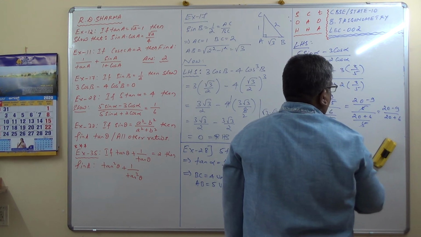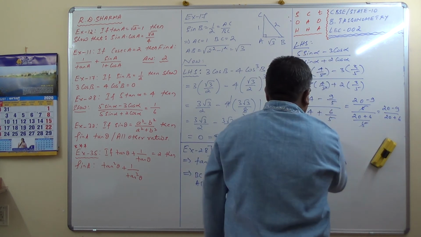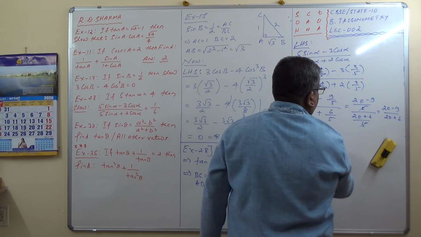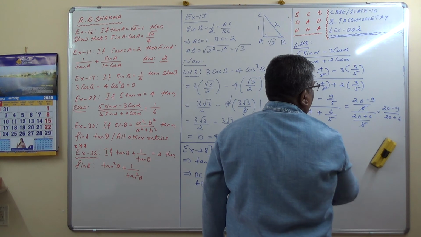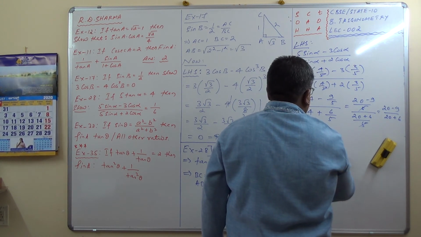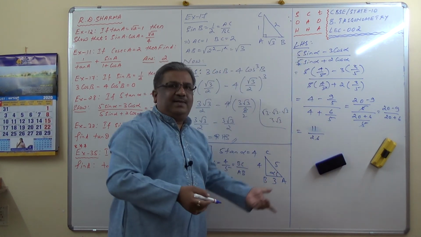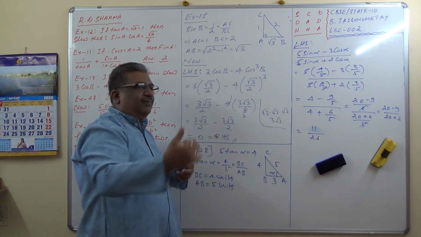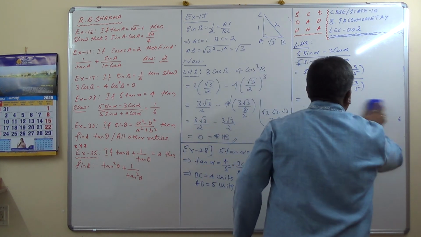20 minus 9. No, I think we made a mistake. Let's see. How much is 20 minus 21? This is 11 divided by 26. So we could not solve this. Therefore, something is wrong. Once again, let me try to solve this one. There is no point in checking it. I will solve once again. That is preferable. So we got the wrong answers.